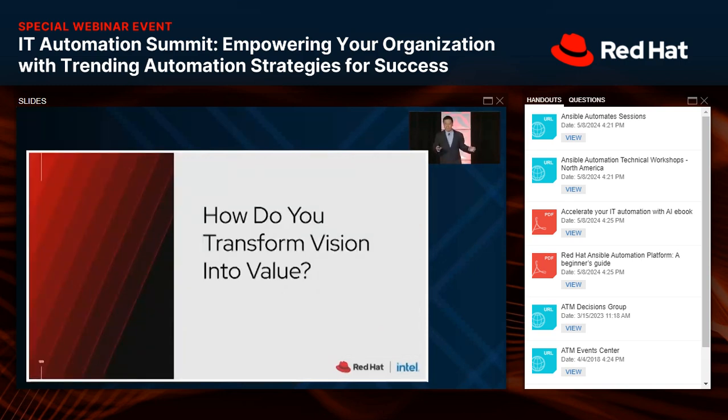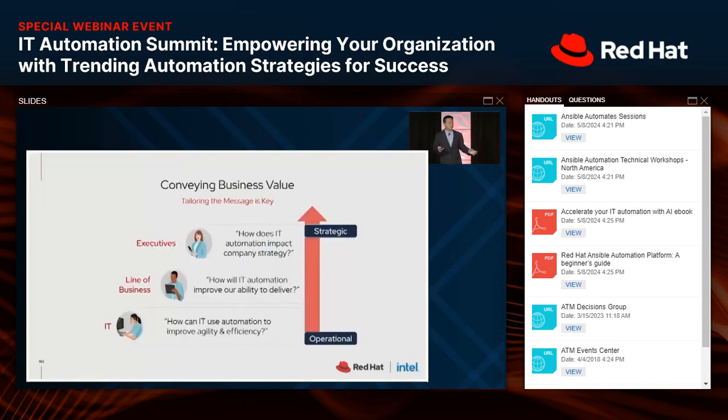So the process that we use at the business value practice to actually create the business case is called Vision to Value. I'm going to go over that really quickly with a real example of something that we did for a customer. One of the things to keep in mind is when you're trying to get approval for funding for something like Ansible or any IT automation, who are you trying to present to?